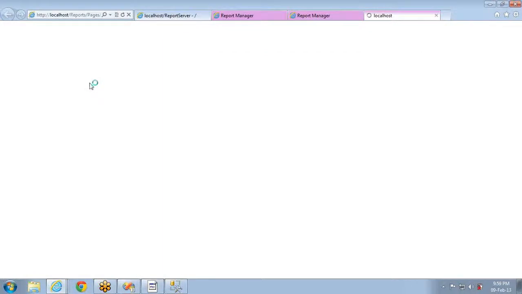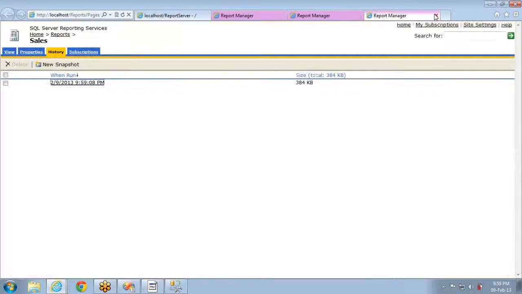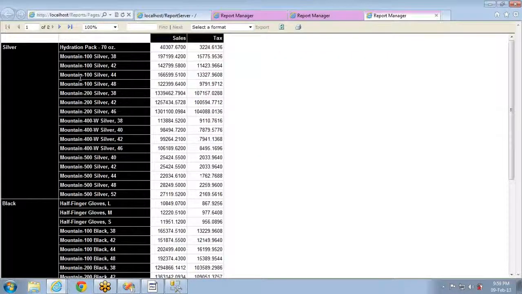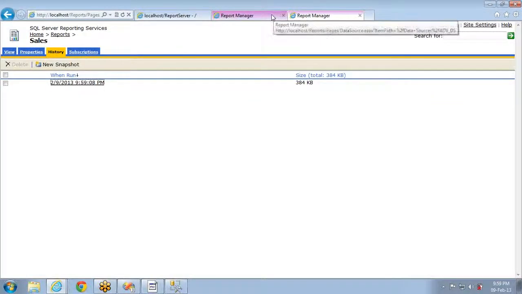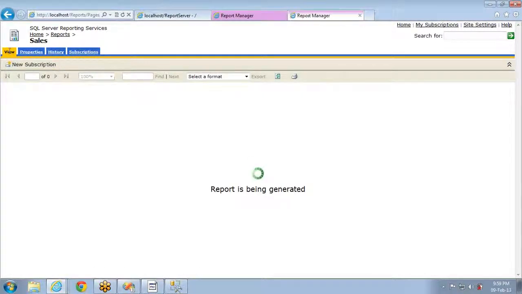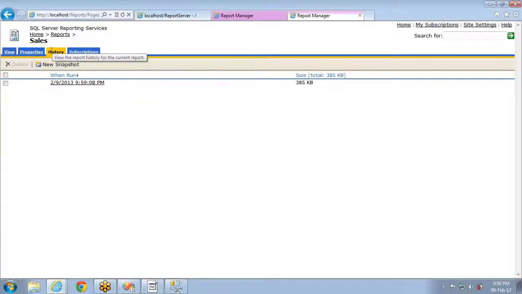Now this is a snapshot report that is already created and ready to show, which will not take more time compared to the old one, right? It has not taken much time. If I click on this, it has gone to a new page and it is showing the report. It is not even taking 1 or 2 seconds. Why? Because it is already ready. If I click on view report here, now you can see it is generating. It is taking time, but that is the one snapshot in the history. It will be maintained in the history.